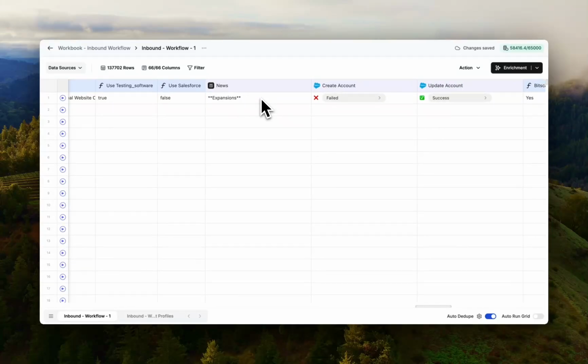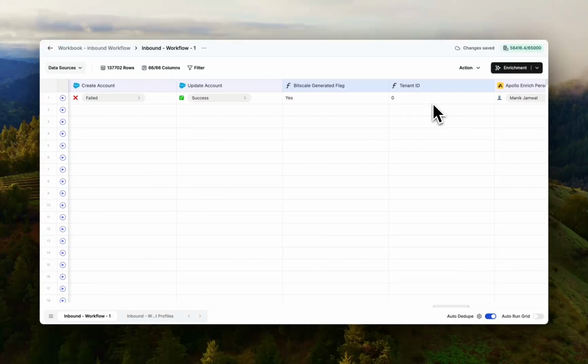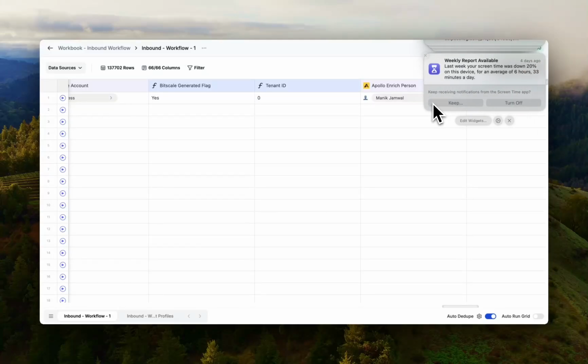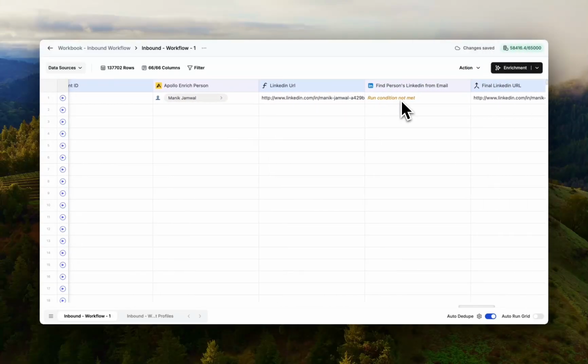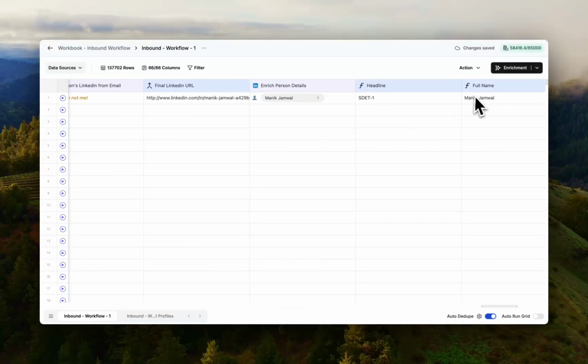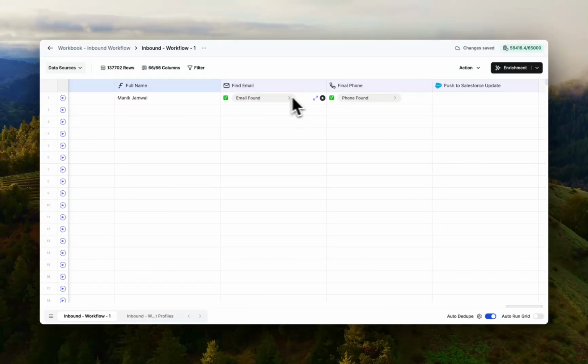And based on all of these data points and whether the account already exists on Salesforce or not, we either create an account or update an account. So once the account level updation has been done, we then enrich the person level data. Since this was a report getting contact level data, we check for the recent LinkedIn URL, recent headline, name, we enrich their entire LinkedIn details. And based on all of these data points and their contact information, they are then pushed to Salesforce's